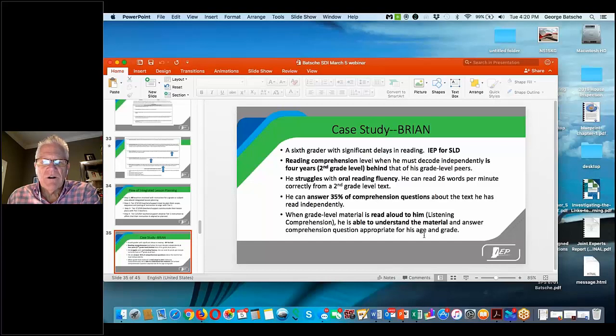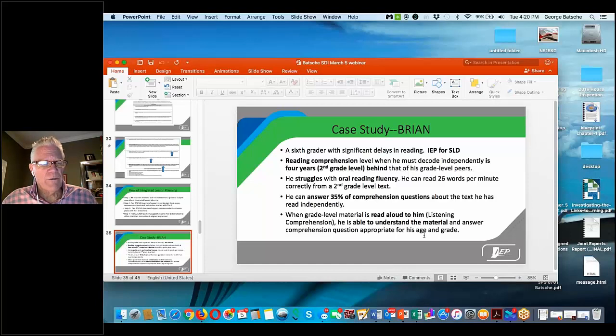He has no comprehension difficulties for the words he can read, but you know that rate is awful. And for a 6th grader, it's non-functional. He answers 35% of the comprehension questions about the text he has read independently at that 26 correct words per minute. And part of the reason that 35% is there is that at that reading rate, he's reading too slowly to be able to